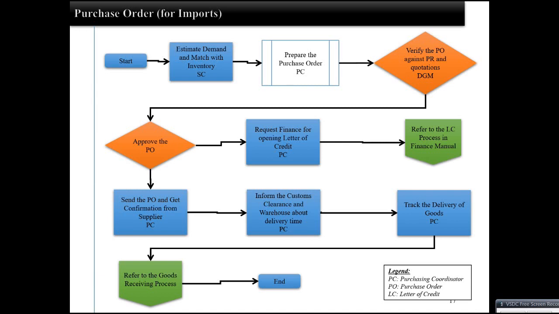Then prepare the request for quotation. You will get the quotation from the supplier. It may be 2, 3, 4, 5 suppliers, and then the general manager will approve it, that okay, this request for quotation is reliable for us, the price is good, and also their quality is good. Then obtain technical and financial quotations from vendors as well,